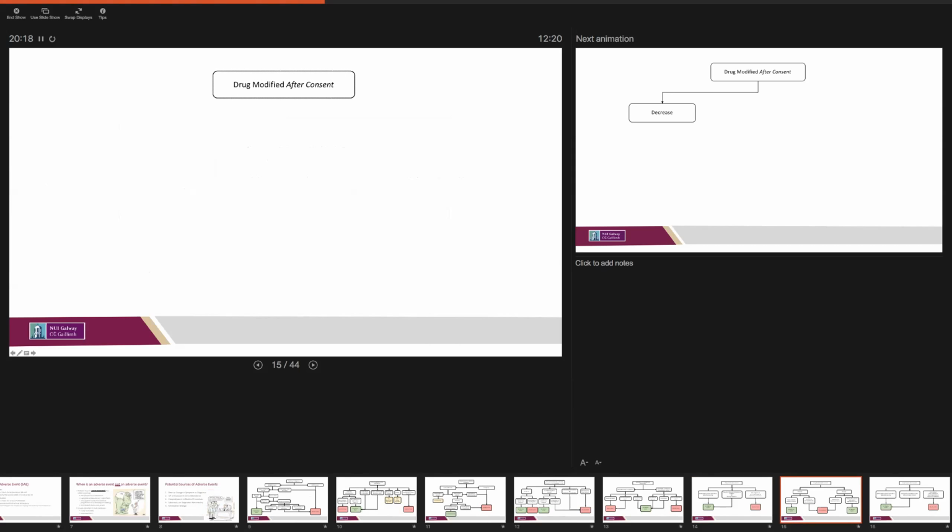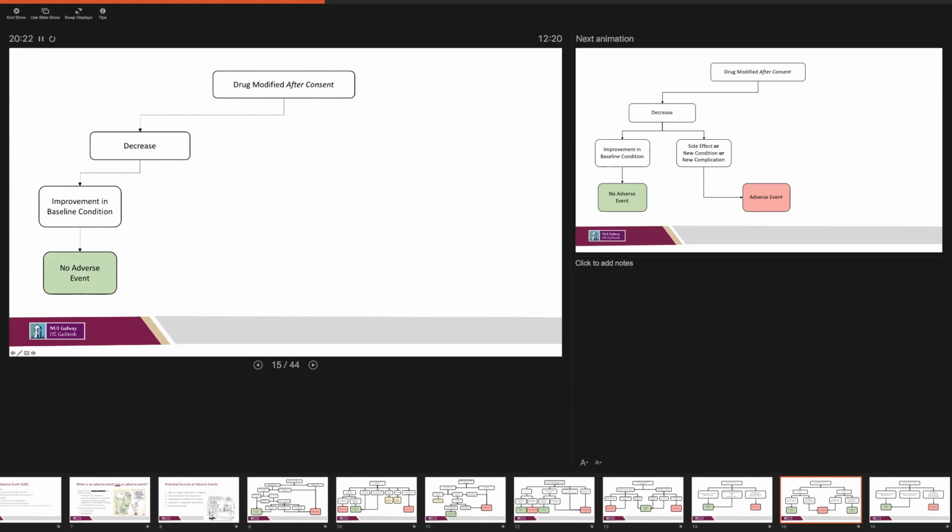For drugs that are modified after consent, the principles are similar. If a drug is decreased and it's occurring because of an improvement in a condition, it's not an adverse event. But if a drug is decreased because of a side effect, a complication, or a condition that means you can't use the drug anymore, so for example, metformin is sometimes stopped in patients when their kidney function drops below a certain level, the adverse event there is actually the reason why the drug was changed,